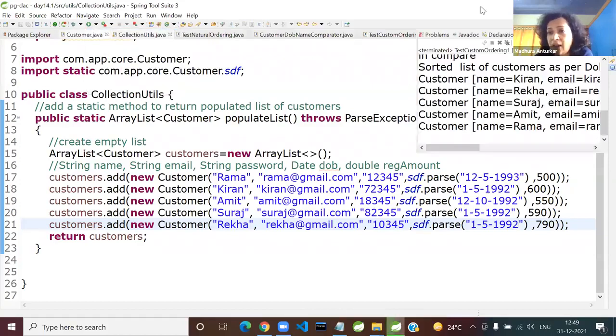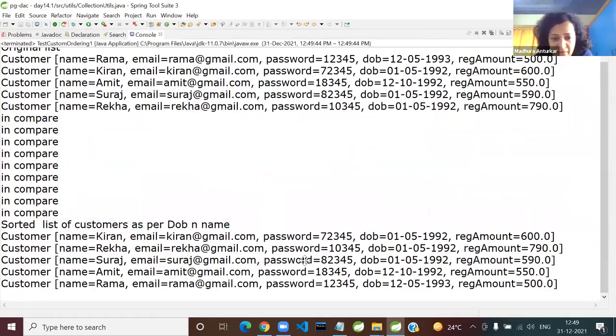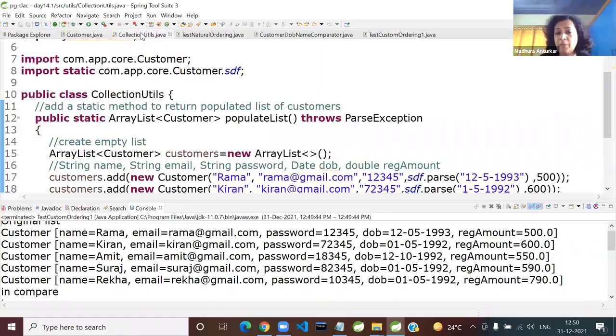I hope what I asked you to do was clear enough. And then you can check whether Kiran's detail is correct, Rekha, yes, Suraj, all three are correct. And then it is going by the date. Yeah. So you don't have to make the same changes. You play with the data. That is what is very interesting. And check, as long as you have written the sorting criteria correctly, it should work properly. Is it working fine, guys?